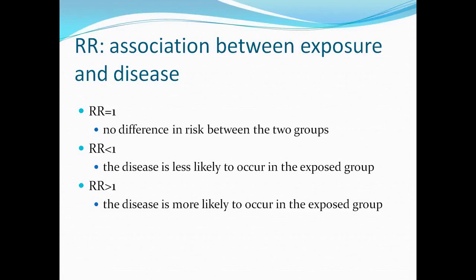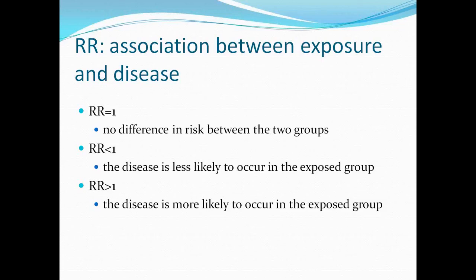If the relative risk is less than 1, then the disease is less likely to occur in the exposed group than in the unexposed group. So it's showing that the factor or the exposure that you're studying is protective. An example of that is oophorectomy and breast cancer. So it's been shown that having an oophorectomy is protective against